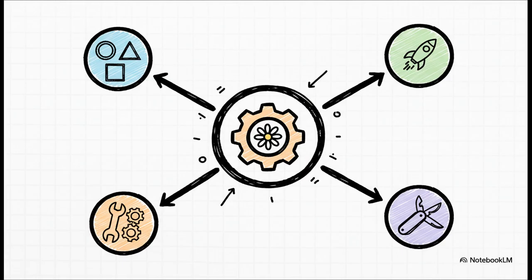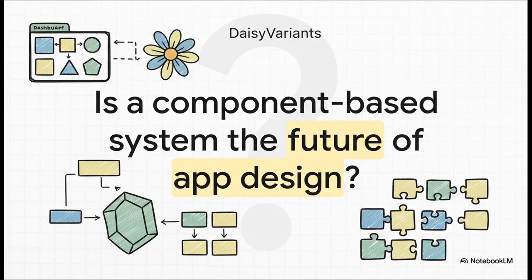Third, maintainability. Remember that one change updates everything trick? That's a lifesaver. And finally, you get this amazing blend of power and flexibility. You have complex features like AutoGrid, but they're still super simple to use. It's the whole package. So after seeing how elegantly the B4X dashboard and B4X DaisyVariants work together, it kind of